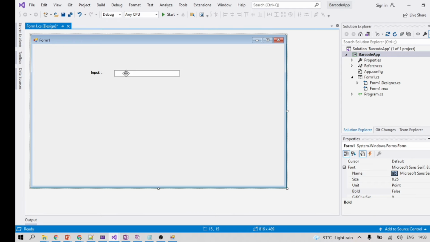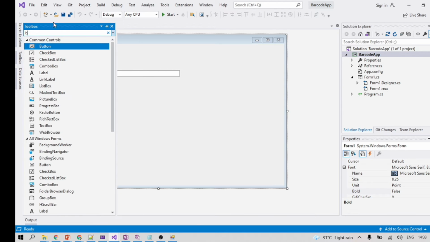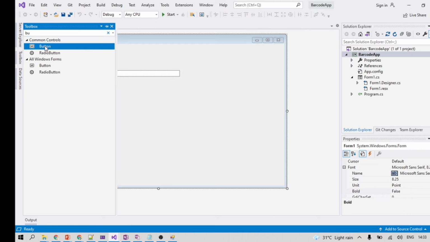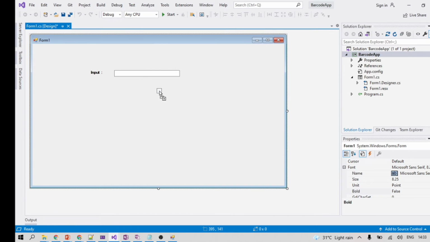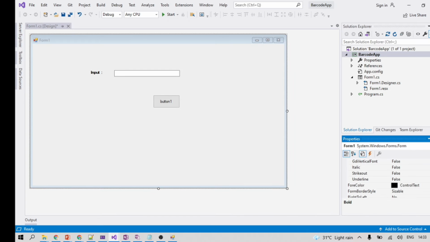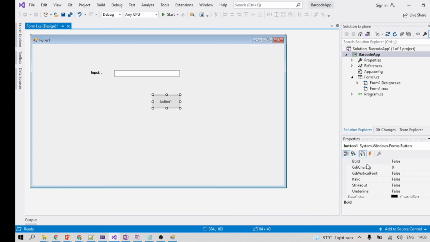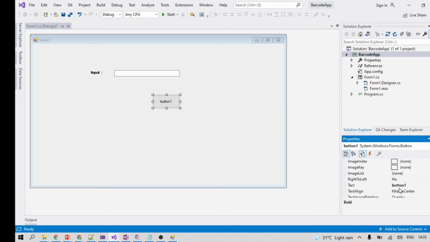We will give some input here, and we will also have one button here. Based upon the input, we will click on this button. Here I'm changing the name to print.